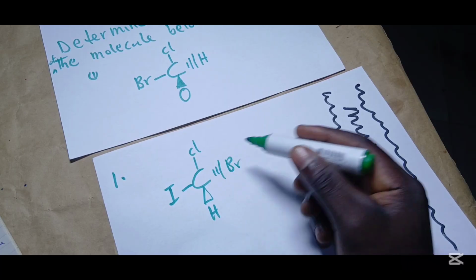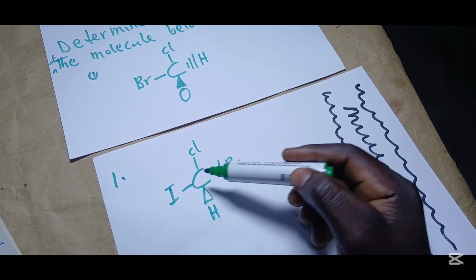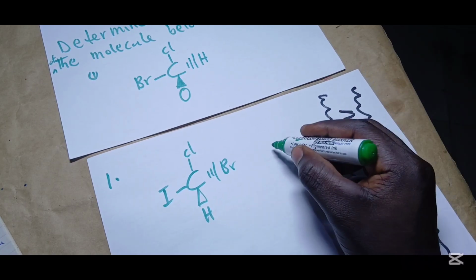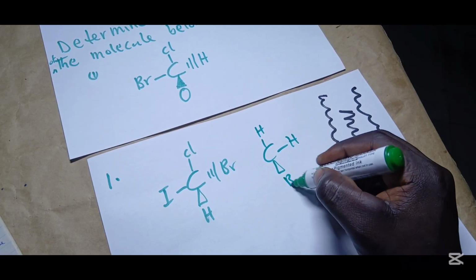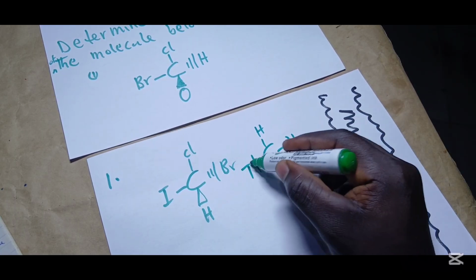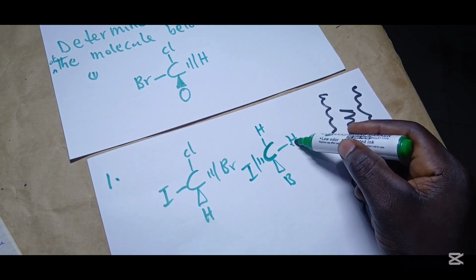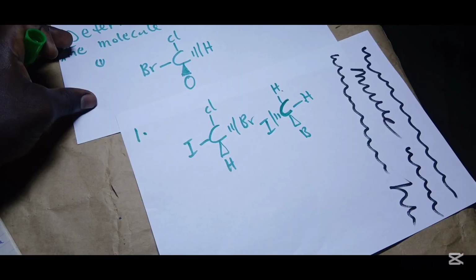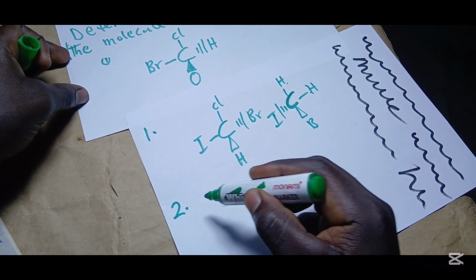This is a chiral carbon because it has 4 different atoms attached to it: bromine, chlorine, iodine, hydrogen. None of these groups attached to the carbon is repeating. This is not a chiral carbon because it has hydrogen repeating. So basically, a chiral carbon is a carbon with 4 different atoms attached to it. So once you indicate the chiral carbon or the chiral center, the next thing you want to do is to